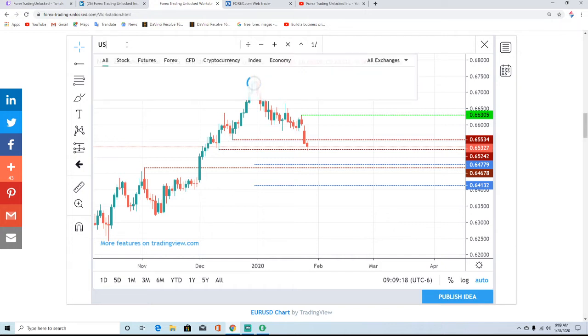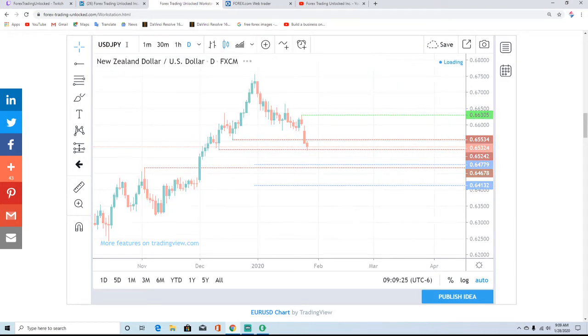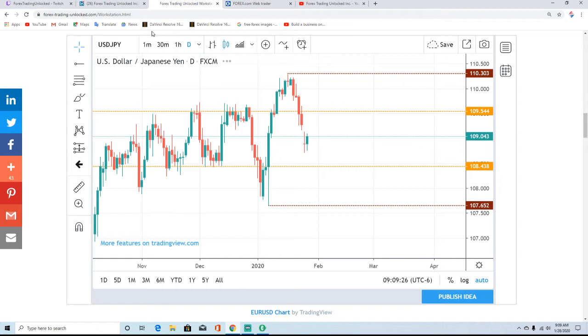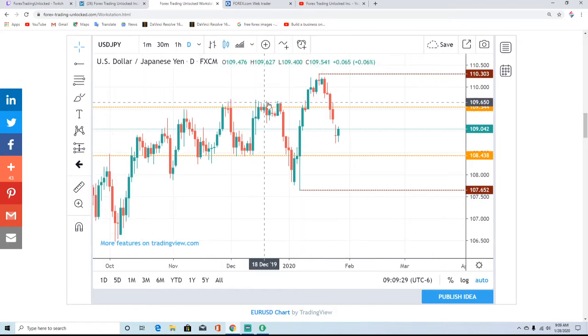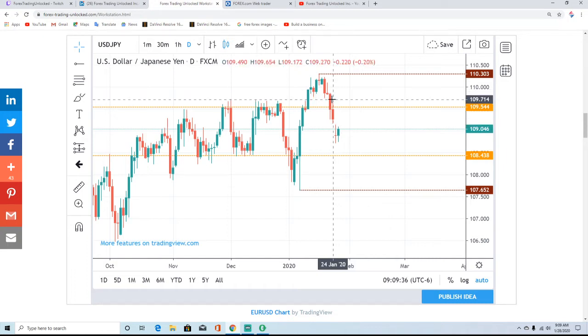So not too much as far as bullish outlook for the New Zealand dollar right there, folks. We definitely have to maintain a bearish posture now, which is kind of crazy because it had been so strong for so long. Now we have the US dollar yen, which has the irony of it all. The dollar strong against all these currencies, and now all of a sudden, what's going on? We have the US dollar yen that has been falling apart, which is kind of crazy.